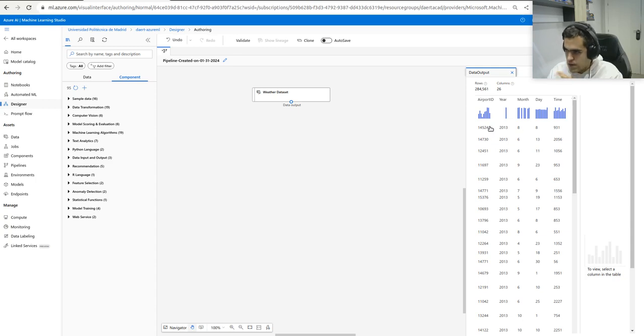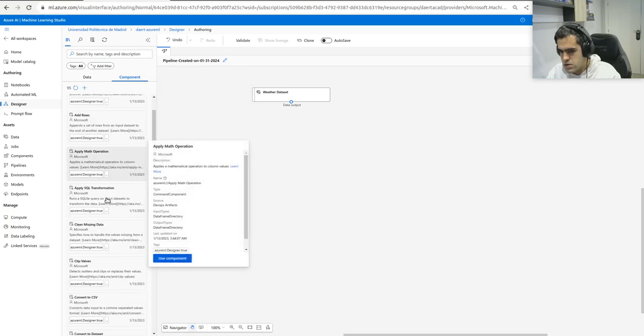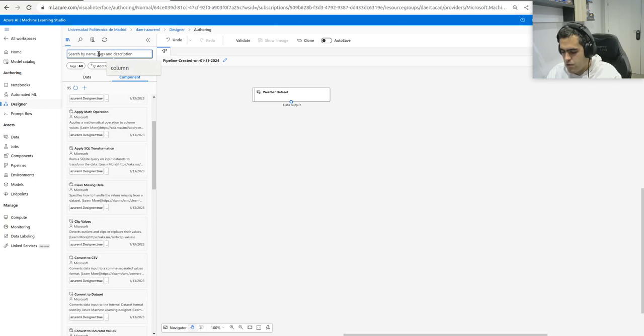So we come in here, we can see the different columns, values for the columns, and distributions for the different values, and basically that's gonna be it. It has 13 columns, right? So what we're gonna do is, first of all, we need to select the columns that we're gonna be using. So we go to data transformations. We can look for it in here, like select